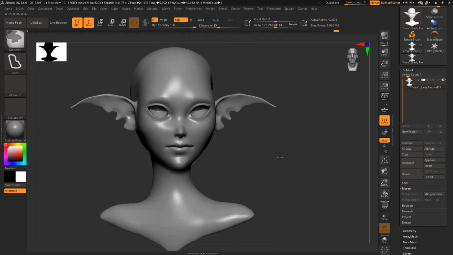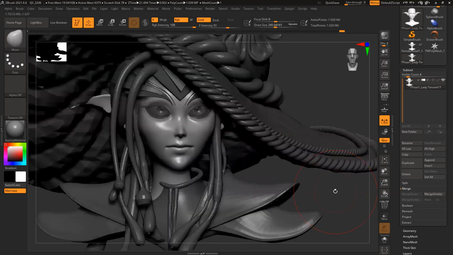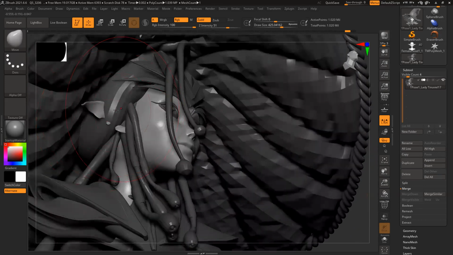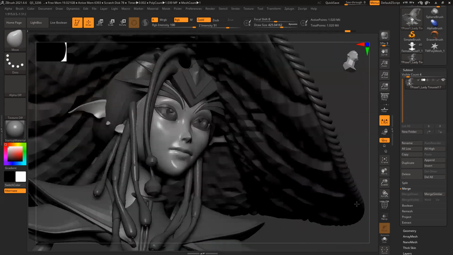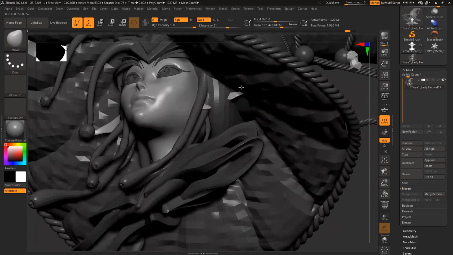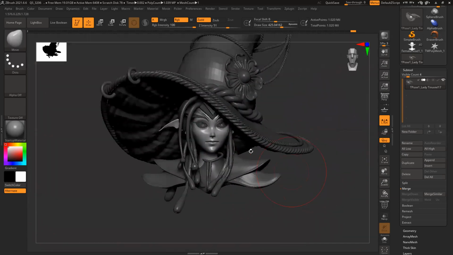Okay, now ears, let's see, I need to see it. So ears I need to move. Okay, my bad. Ears I need to push outside slightly. That is something I can do in my actual model, not here, because it might create issues. So basically this thing is done.